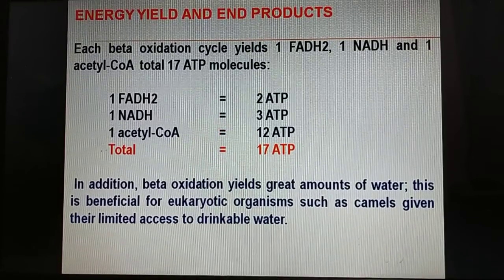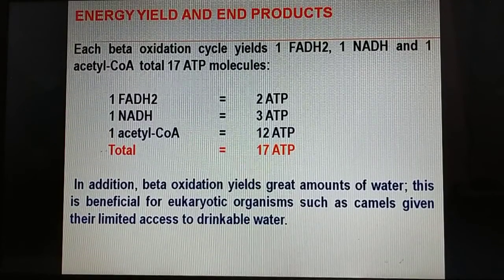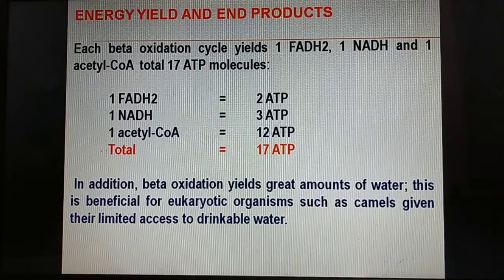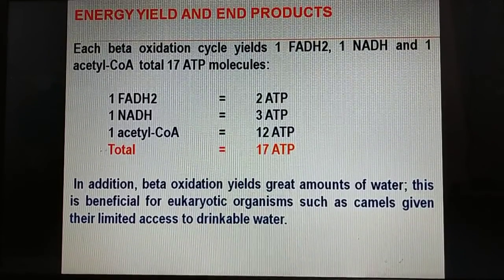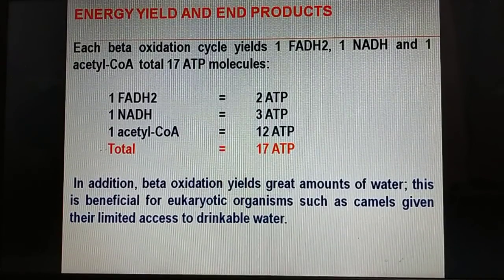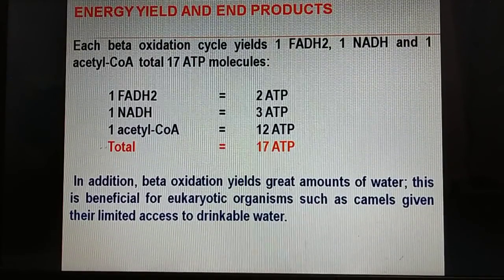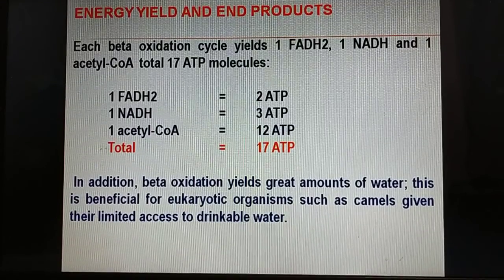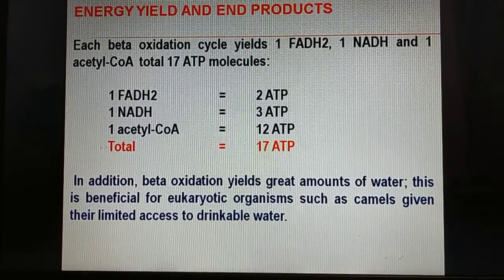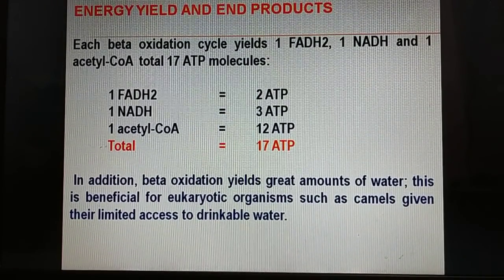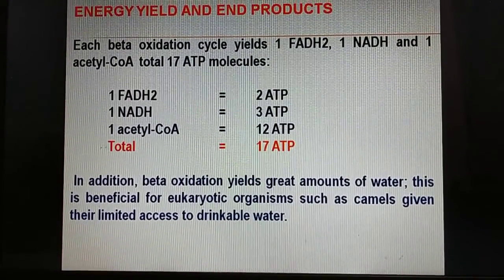Energy yield and end products. Each beta oxidation cycle yields one molecule of FADH2, one molecule of NADH, and one molecule of acetyl coenzyme A. So the total ATP molecules generated is 17 ATP, and this is the calculation. One FADH2 liberates 2 ATP molecules, one NADH liberates 3 ATP molecules, and one acetyl coenzyme A liberates 12 ATP, hence it is 17 ATP. In addition, beta oxidation yields a great amount of water. This is beneficial for organisms such as camels, given their limited